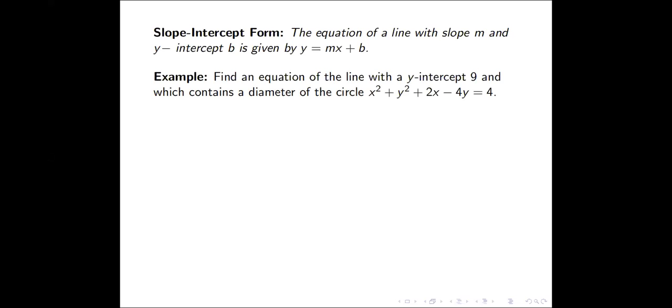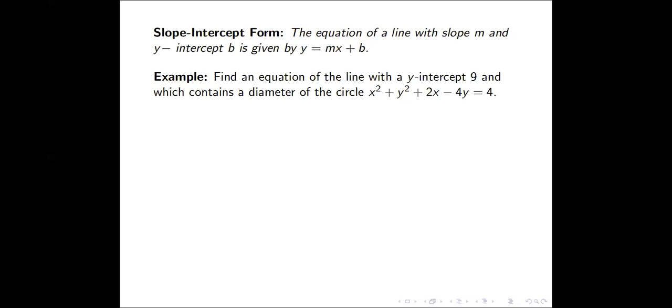This problem is not about circles, although we have discussed circles, so we will be needing that knowledge. But here, note that we are looking for a line. However, to find its equation, we need something about the circle. We are given the y-intercept, so that means we already know b. Remember, b is the y-intercept. So we only need to find the slope, m. And if we get it, then we're done. We write it in slope-intercept form quickly.